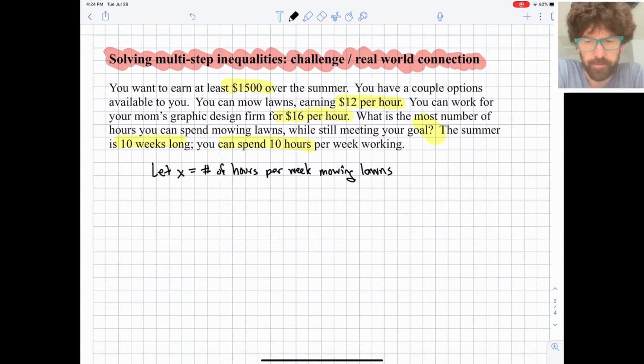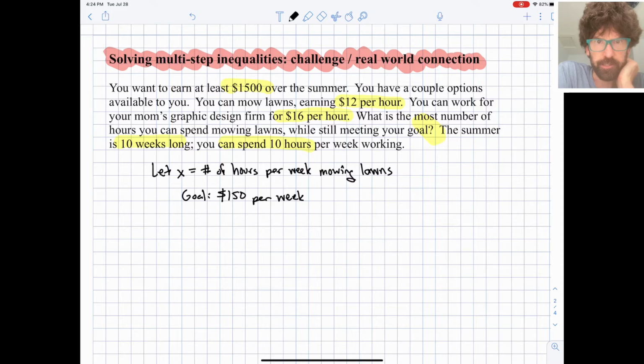Okay, so I want to try to simplify this a little bit and just talk about how many hours per week you're working in each job, with a new goal of averaging $150 per week, okay? And that will get